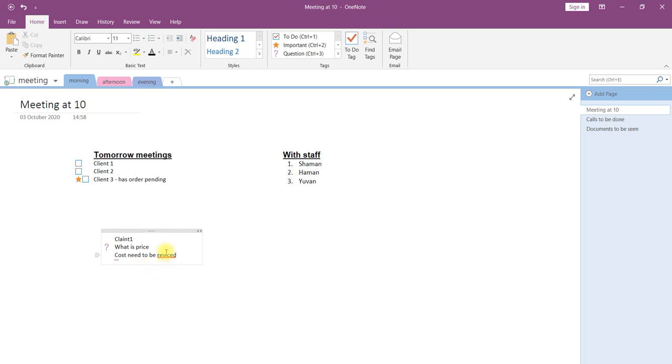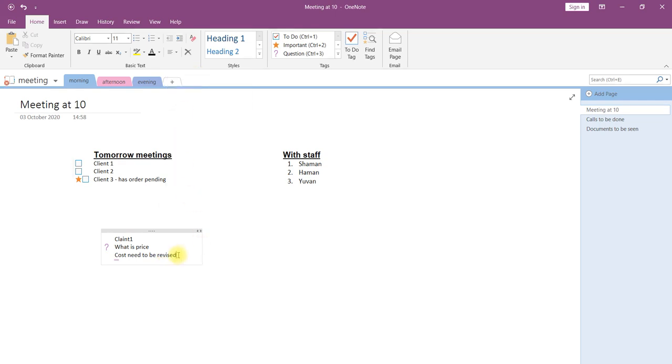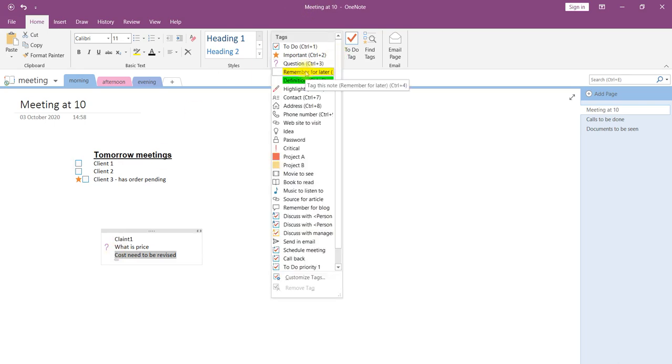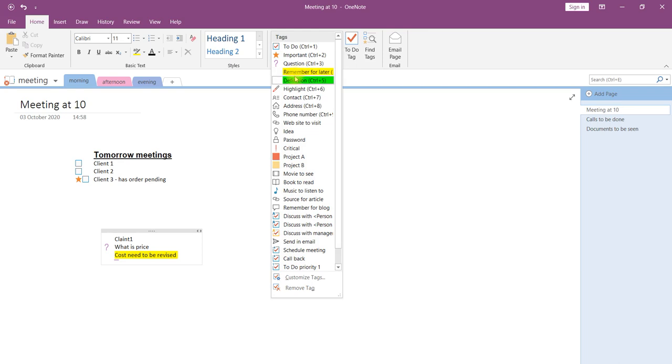I would like to mark it as Remember for later. Like this we can check. By looking at the tag you will come to know that it is highlighted as something to be remembered later.